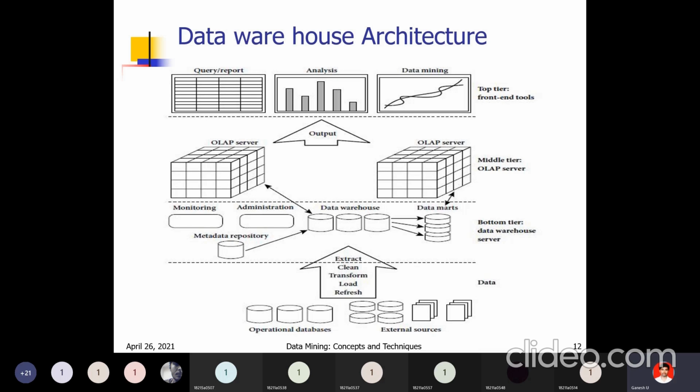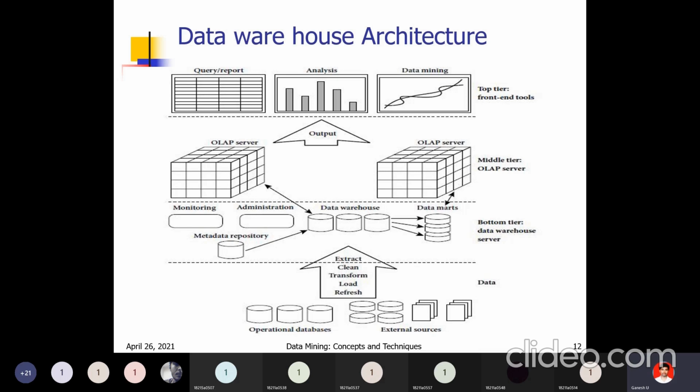See here in the figure, we can observe in the middle tier the data is in 3D form, three-dimensional form. That is the front view, top view, side view. Three views are there. The front view is a relational table. For the relational table in two dimensions, we only have rows and columns. So the OLAP server, if you observe, consists of 3 dimensions. First is the front view, next is the top view, next is the side view. Three views are there. That's why it is three-dimensional.